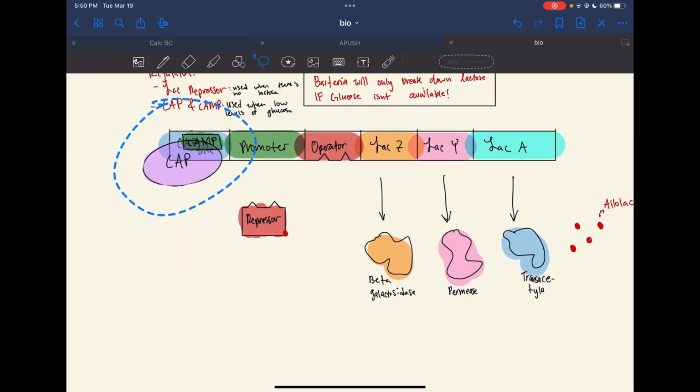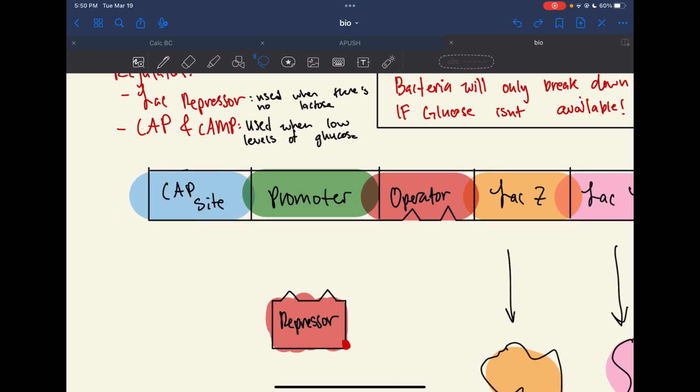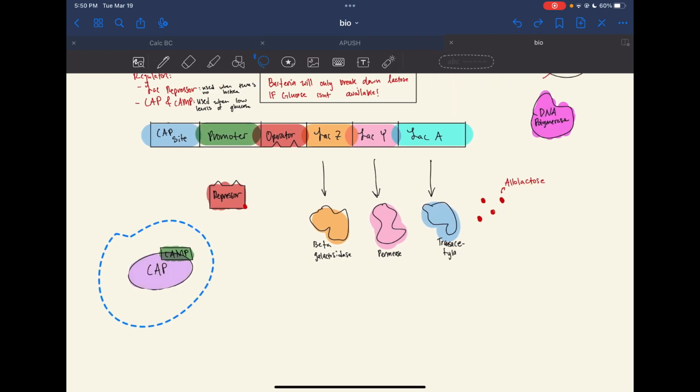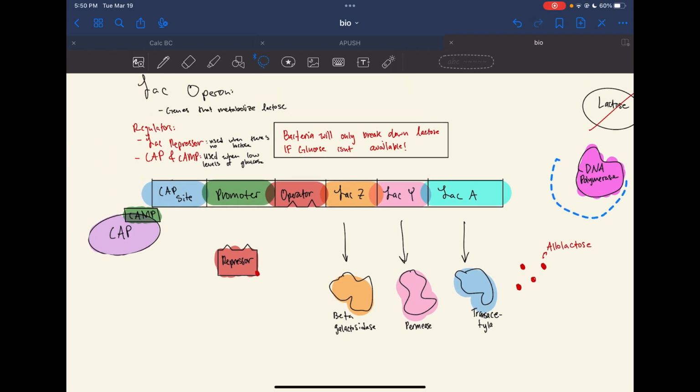And then basically what this is going to do is the CAP site is going to help RNA polymerase bind to the promoter. Like, without the help from the CAP site, it looks really messy down there. Without the help from CAP and cAMP, the promoter is going to be, the operator is going to be pretty slow. Polymerase is not going to be as efficient, and it's going to take longer to read. But if you have this activated, if you have the CAP